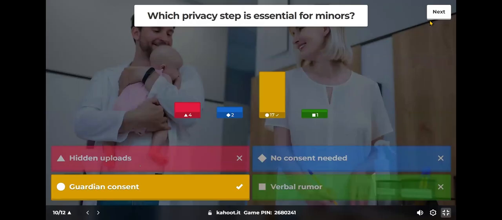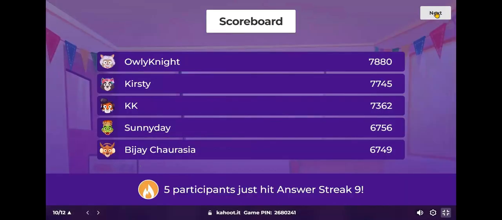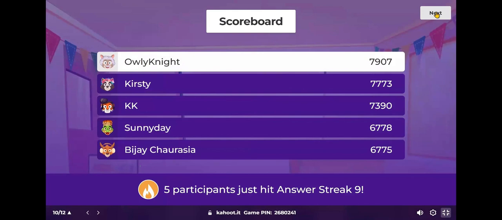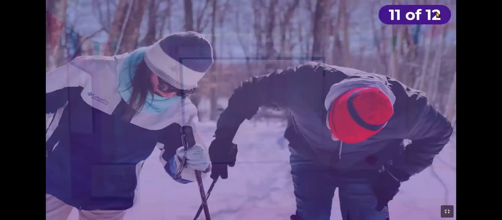And the correct answer, chosen by most of you, is guardian consent, which is something very essential for minors. We still have Owly Nights first on the scoreboard. But let's go to the last few questions that we have.